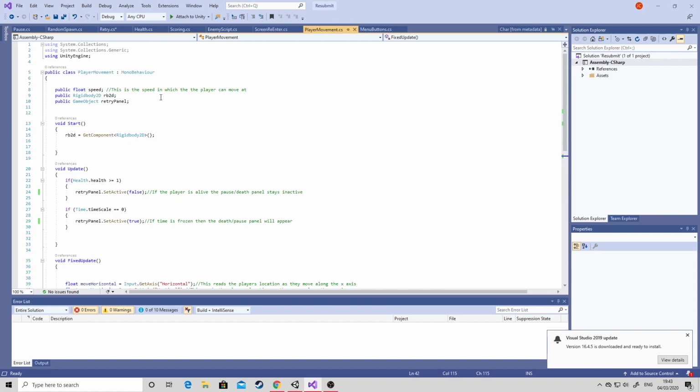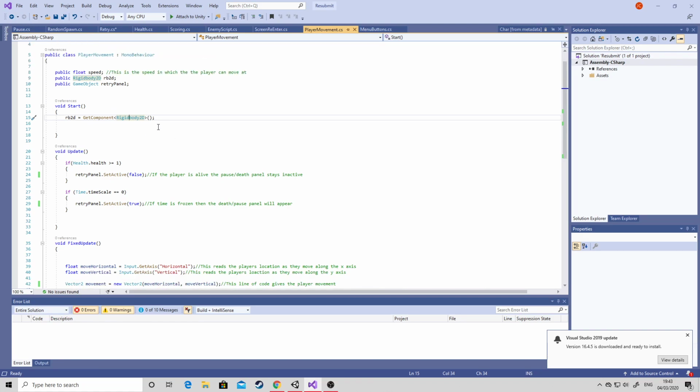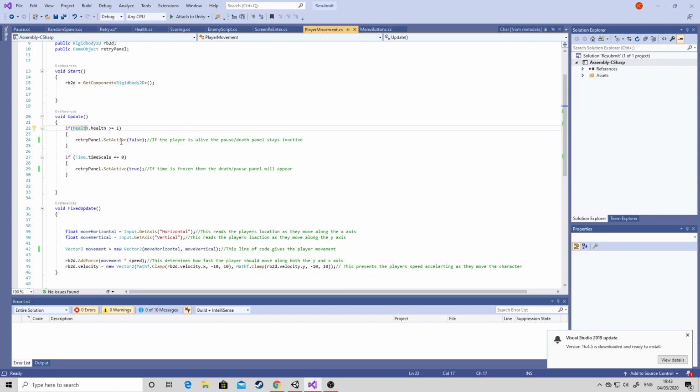This is the player movement, so this is essentially just giving the player movement. It's pretty basic. What we've got here is that we're getting the actual rigid body, which is what Unity uses to allow the player to move. So it's taking its actual rigid body, like its collider essentially, and allowing the player to move along different axes. So what we've got here is if the player's health is greater than 1, then